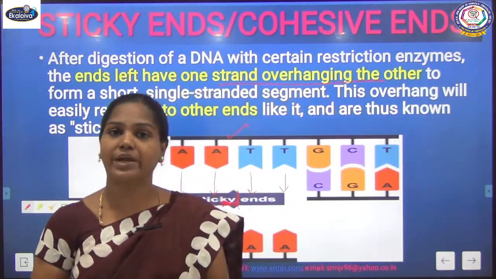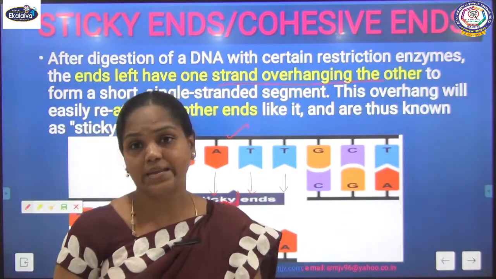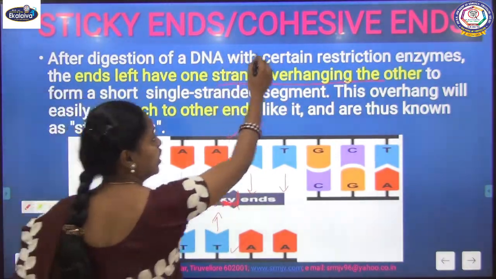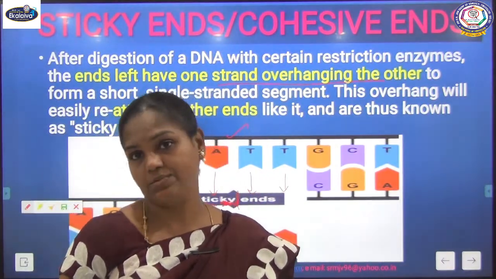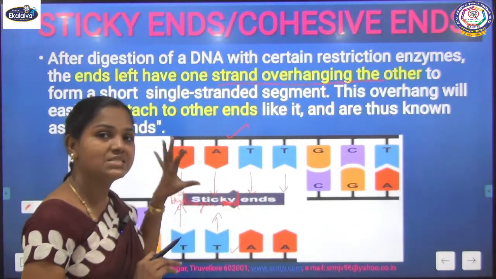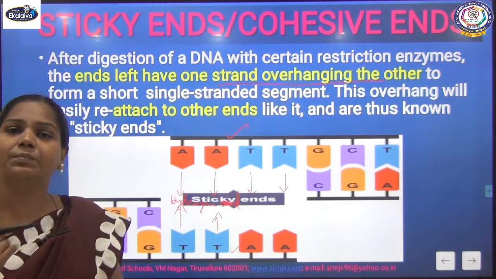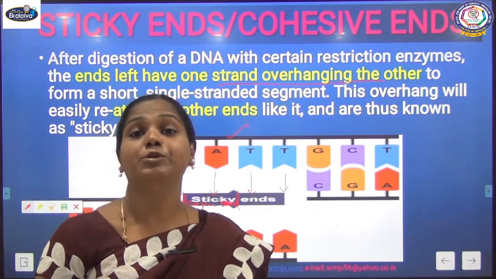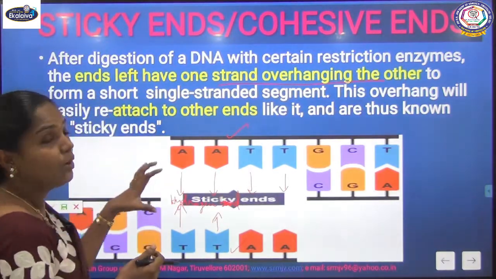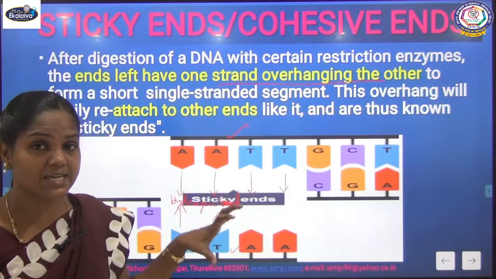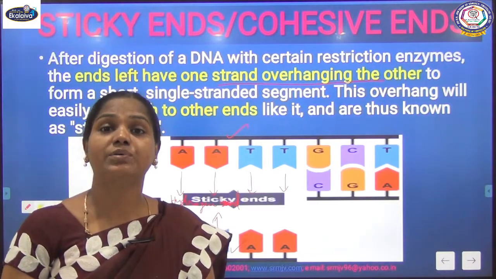Important 2-mark question. It can be asked in your board exam. Why are they named sticky ends? The sticky ends are otherwise known as cohesive ends. The other name for sticky end is cohesive end. So now you know how these sticky ends are made by our restriction enzyme. When you see the process of cloning, you will come to know the significance of this sticky end. Children, this is how the restriction enzymes make the sticky end, and the presence of sticky end makes our DNA ligase work efficiently.